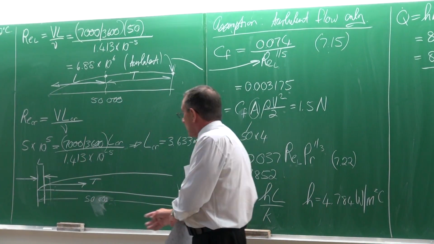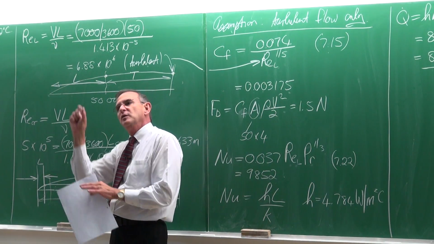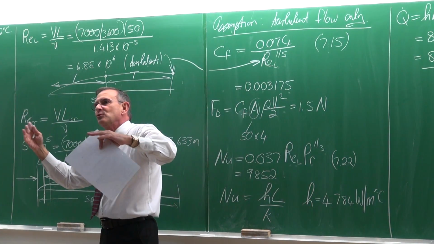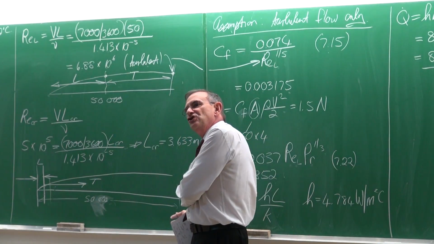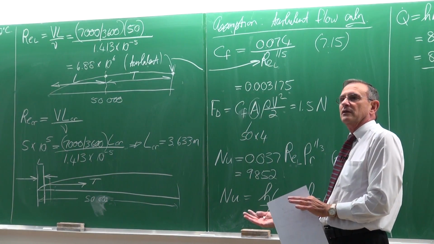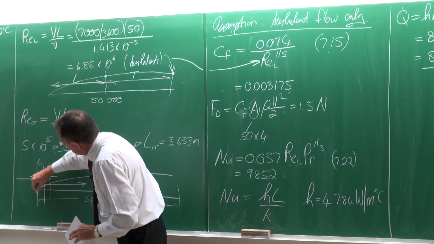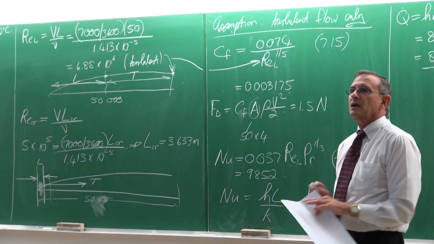Because what is confusing to students is they look at these equations of turbulent flow only in that section, and then they ask, but where do I use it? Because I can't actually use it anywhere. So you use your judgment as an engineer in some cases to estimate the heat transfer. Well, in this case, you're going to say, I'm going to neglect that and consider the total boundary layer as